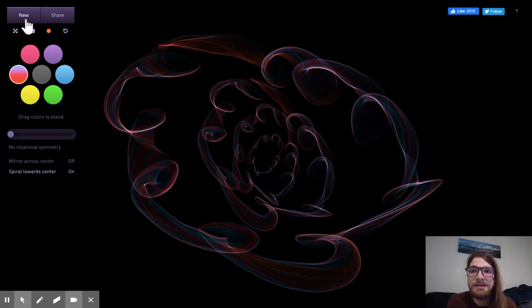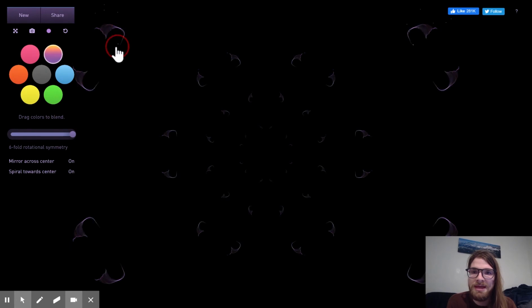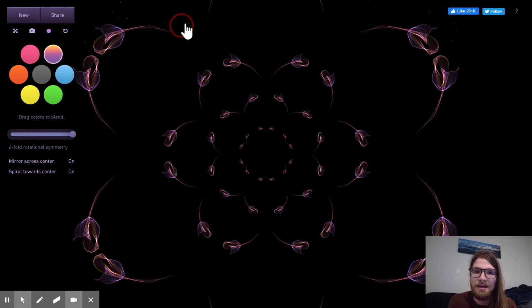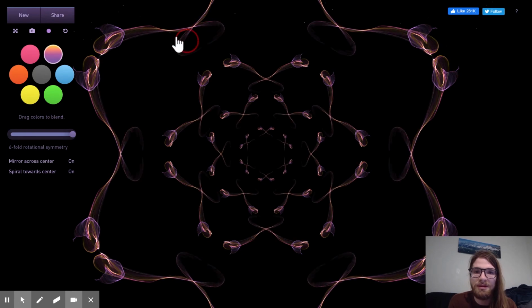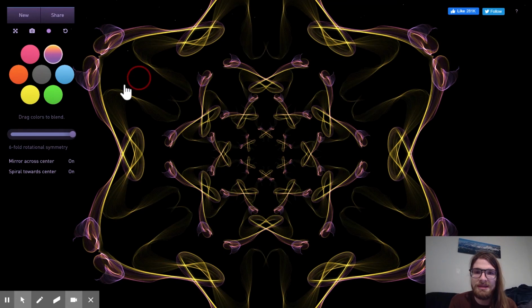So then the cool thing is you can add all of those together. So if I pull this rotational symmetry all the way up to the top, I mirror it across the center. Actually, let's pull this all the way up to 6. I'm going to mirror it across the center and spiral it. And let's choose a new color for this one. I'm going to do yellow and purple, which is another complementary color scheme. And now it's going to take a little bit longer for the computer because it's a lot of calculating. But what I'm doing is being mirrored, rotated, and spiraled down to the middle. So as I make different things,